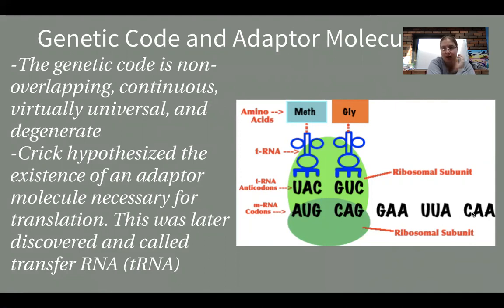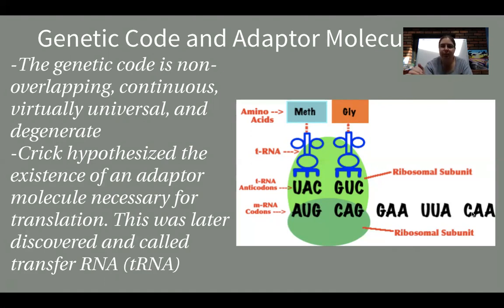This process of taking the information, transcribing it, translating it, creating a protein, and then the protein expressing whatever trait it represents is going to continue going on. I mean, we don't have to think about it. We don't have to get it going in motion. It does it automatically. It's virtually universal, which means that we see a lot of similarities, almost identical similarities across